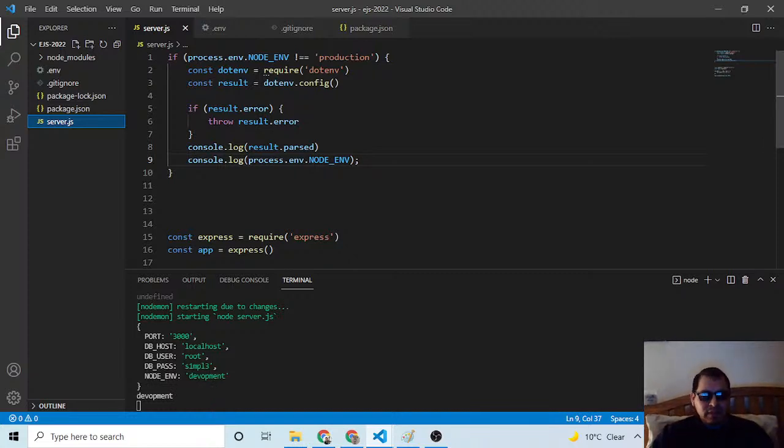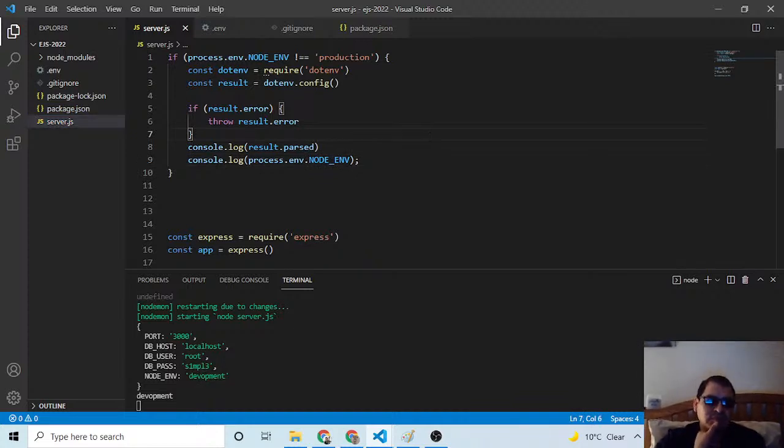So what I did was, in order for me to know this node environment, this is a variable. It must be a global variable.